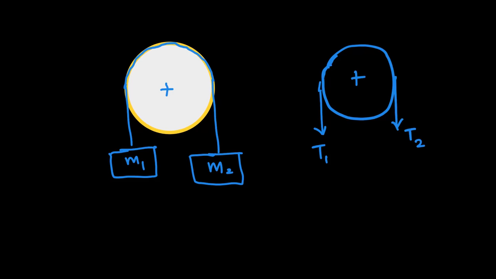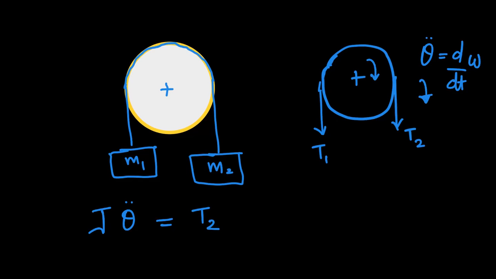Then I can write the equation of motion like this: J theta double dot, where theta double dot is the angular acceleration, d omega by dt, where omega is the angular velocity, is equal to, if I take this as the positive direction, T2 times capital R, let's say capital R is the radius of the pulley, minus T1 times capital R, because this force is resisting the motion, but this force, T2, is actually helping the motion along the positive direction of theta. This is the positive direction of theta, in case you have missed out. I've taken the clockwise direction as the positive direction of theta.